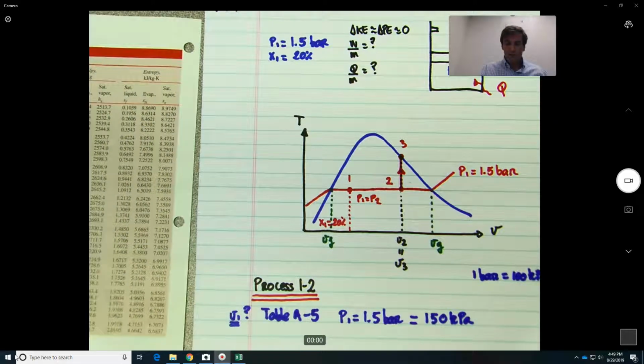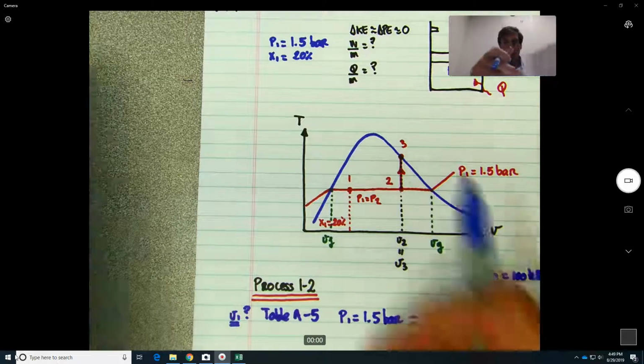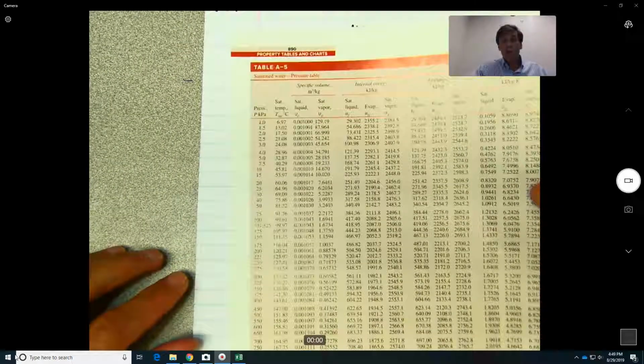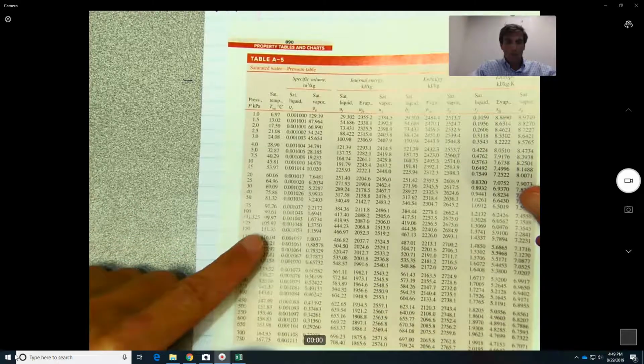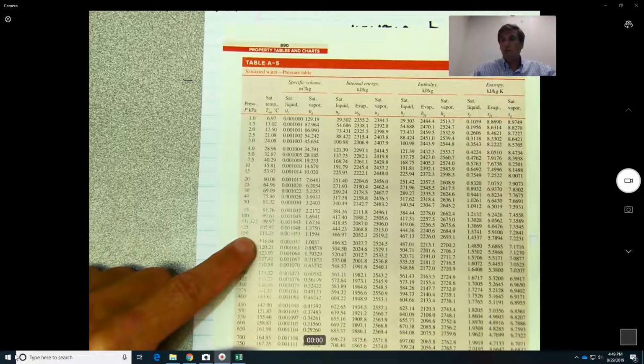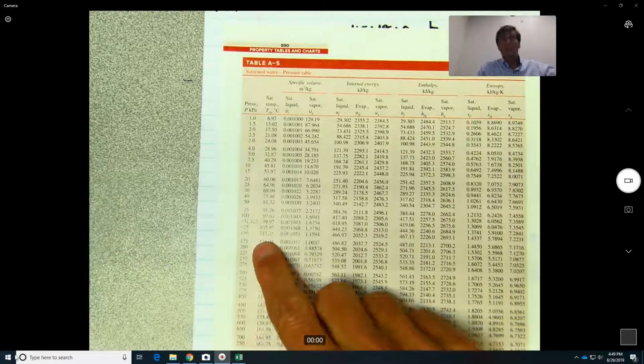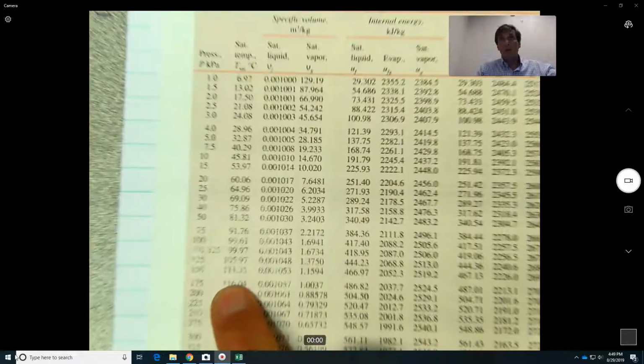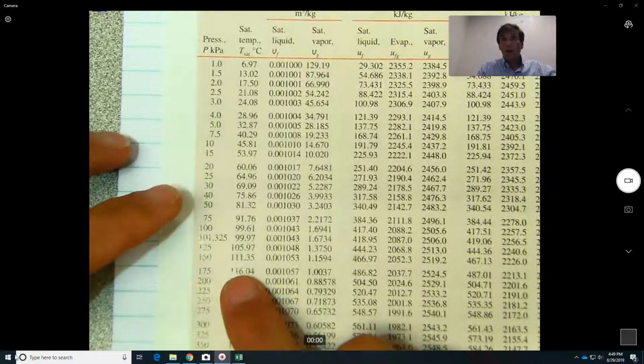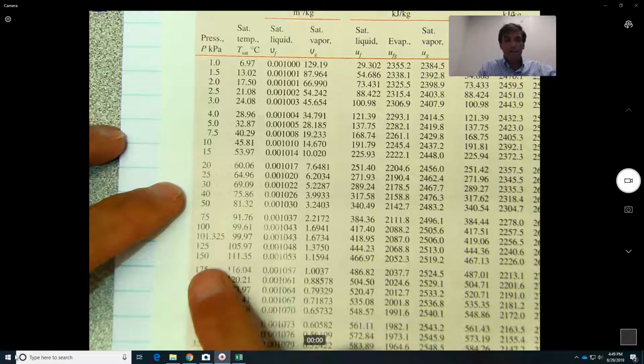All right, so now we can see here the figure on the table. At 150, let me try to zoom in. At 150 kilopascals,